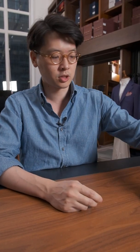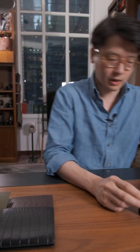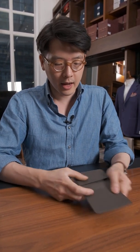hold large notes. So we designed it for the two largest notes we could think of. One is the British 50-pound note, and one is the Hong Kong $1,000 note. And both those will fit in this little square profile just. Moving on from the Winston, so there's an example of another Winston. This one's nice, actually. We did this in olive lizard, and kind of a gray olive goat skin on the